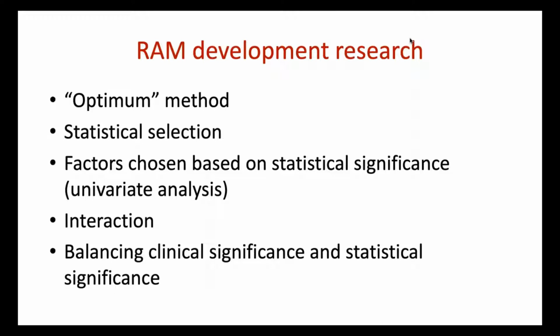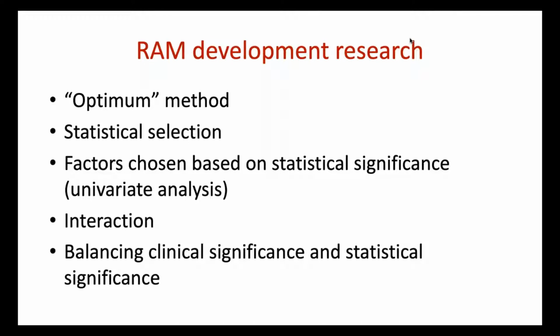All these risk assessment models are a formal combination of multiple predictors from which risks of VTE can be assessed for individual patients. However, different methods of selecting the predictors have been adopted. For example, the optimum method entails including all potential factors in a model and assessing if they remain significant. This often leads to overfitting and results are not generalizable. Other methods of selection of predictors include statistical selection, such as forward or backward selection, where a software selects the final factors. Another issue is when factors are selected based on their eligibility at the univariate analysis phase.